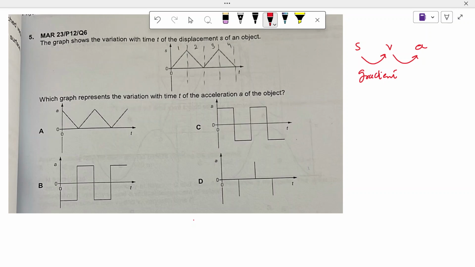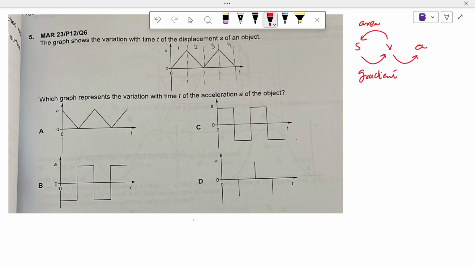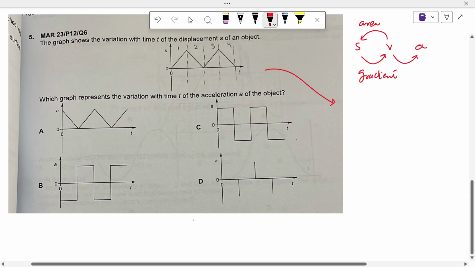So we should know the displacement-time graph gives us the velocity, like its gradient gives us velocity, and the gradient of a velocity-time graph gives us what? The acceleration. The area of a velocity-time graph gives us the distance or displacement, and the area of the displacement-time graph has no information. If we just see this thing, the displacement-time graph has a uniform gradient, so